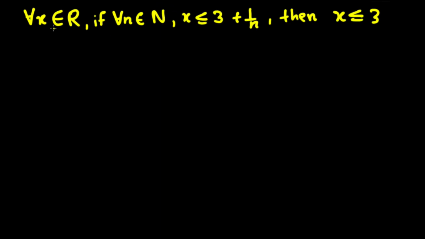In this video we are going to see how to prove this proposition using Archimedean properties. The proposition says: for all x belongs to a real number, if for all n belongs to a natural number x is less than or equal to 3 plus 1 over n, then x is less than or equal to 3. Now if we write the contraposition for this one,